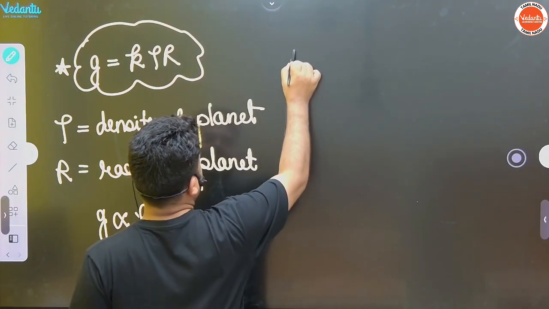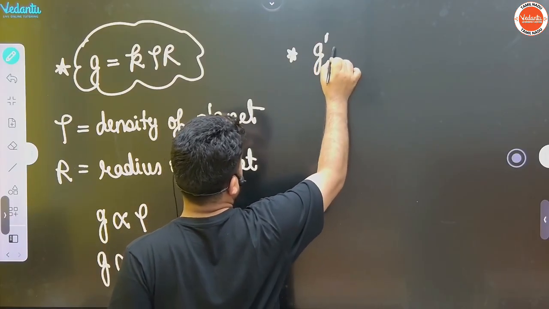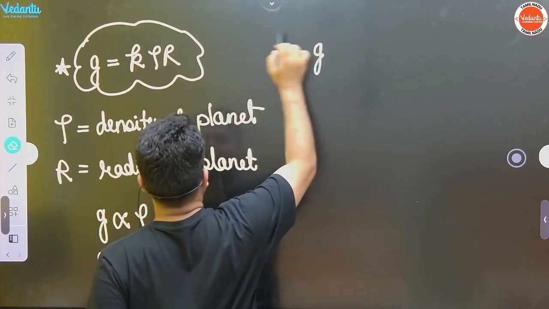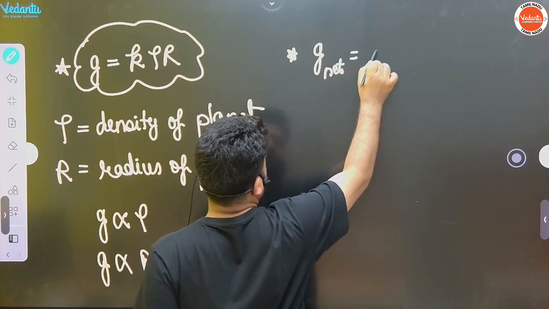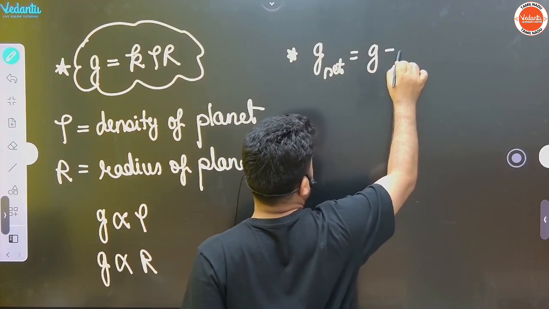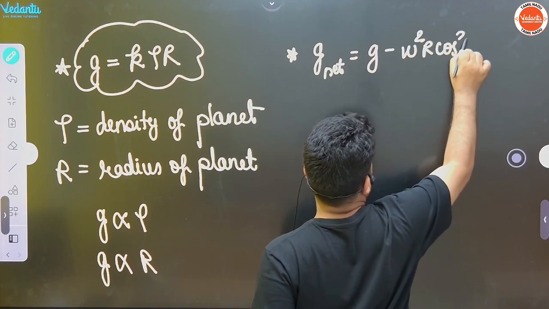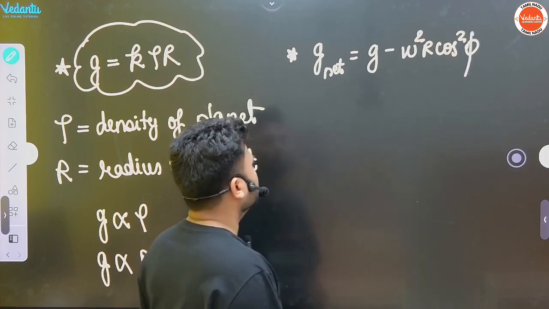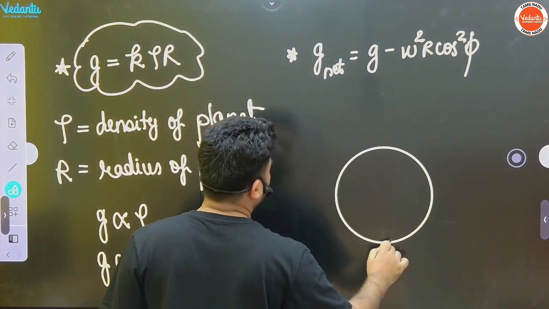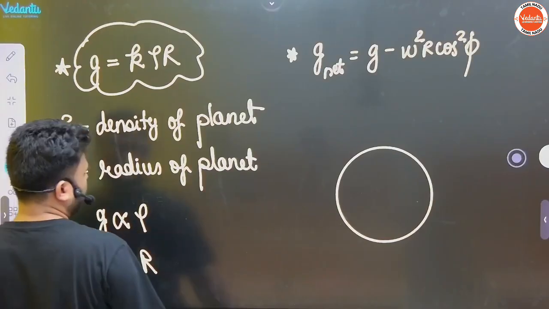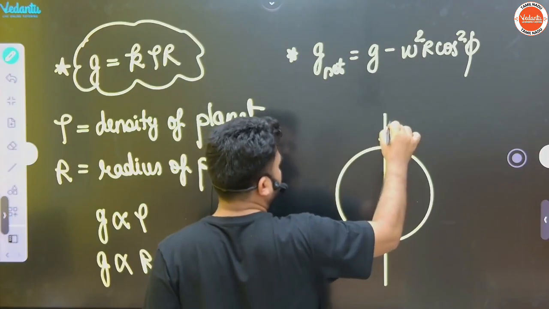G has one more formula. Due to rotation of Earth, what we get? G net, G minus omega square r cos square phi. Now what is this? See, we all know that the earth rotates. So if the earth is rotating with angular speed omega,